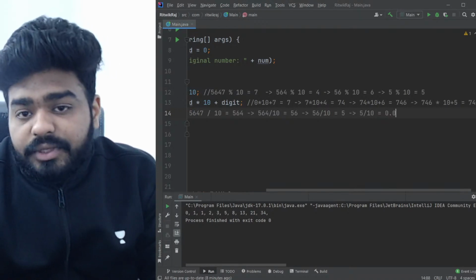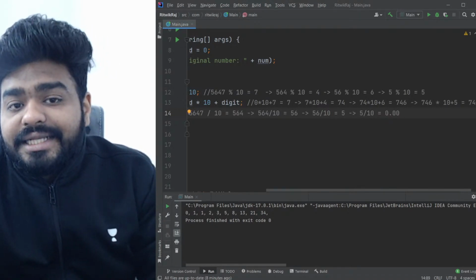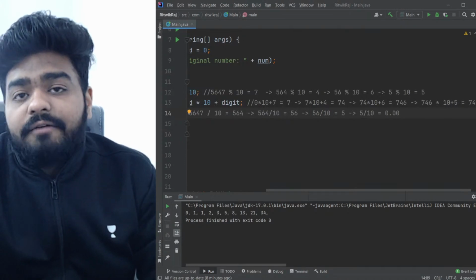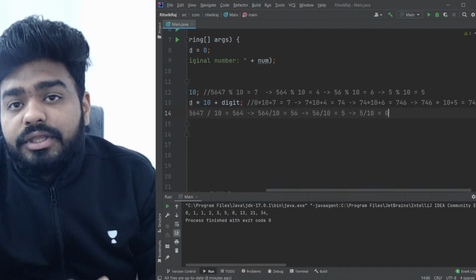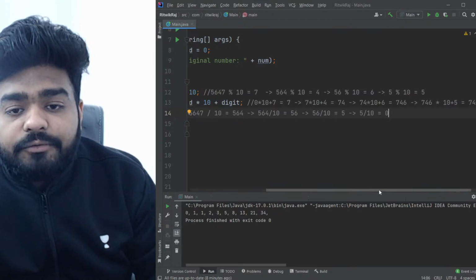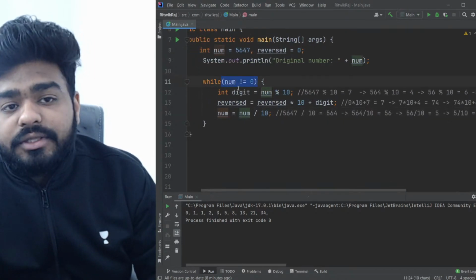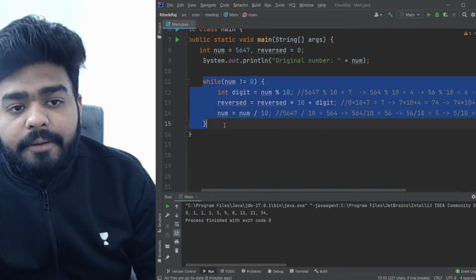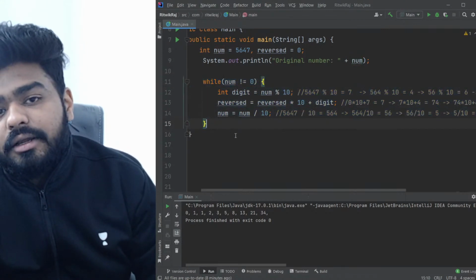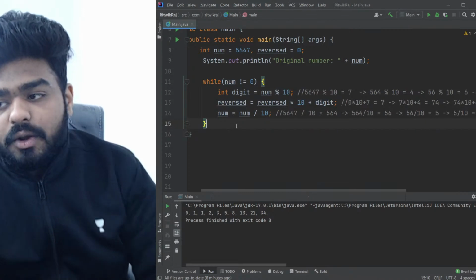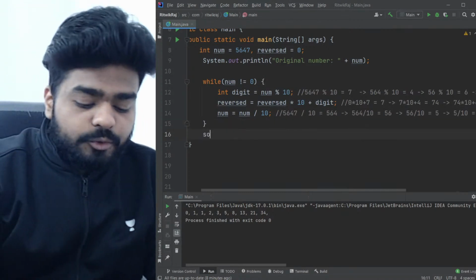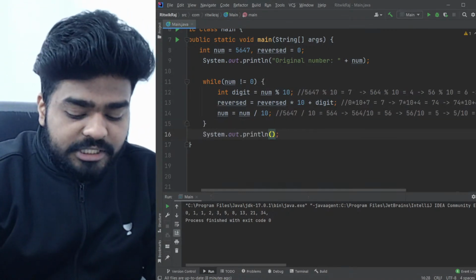it's going to give me 0 point something, right? But because number is an integer, I've given int num, it's going to be 0 only. Now I have got num equal to 0, so this condition is false, and it's going to end this loop here, right? Once it ends, what I have to do is print my reverse number. So I can just print here